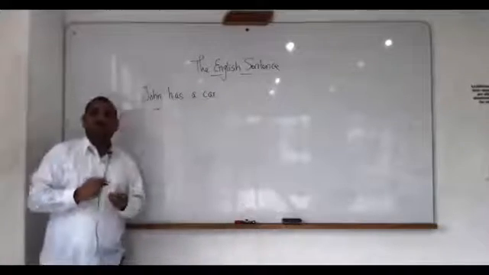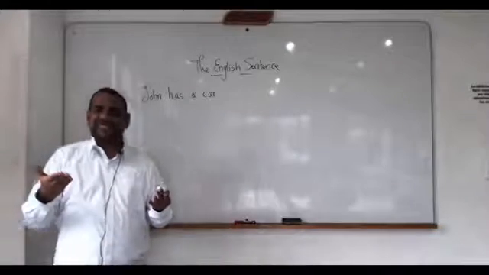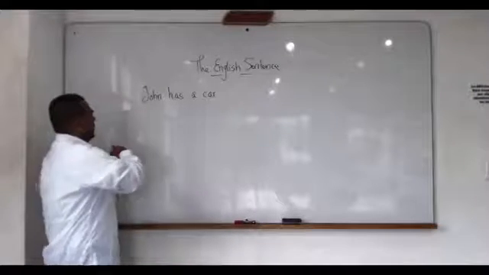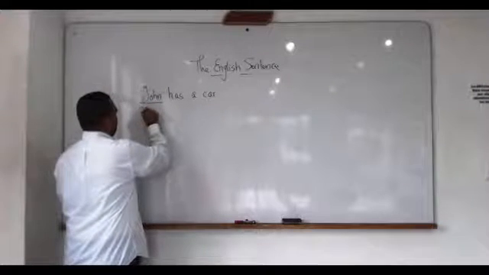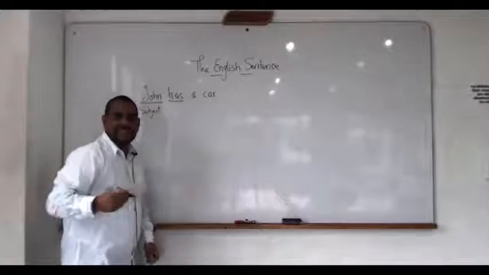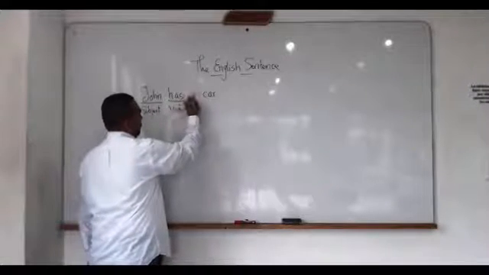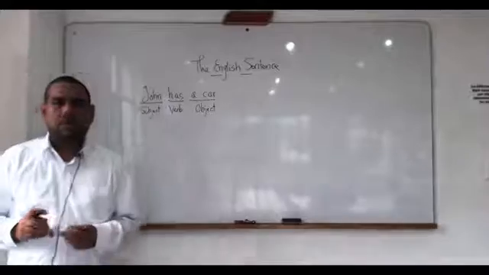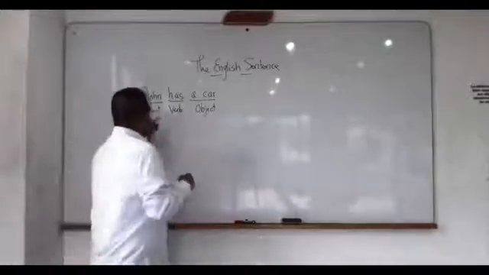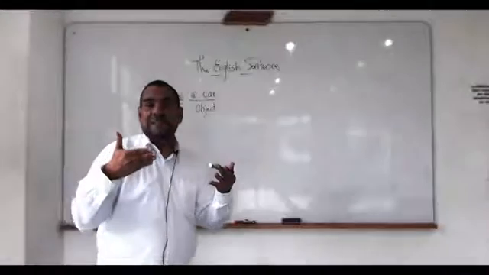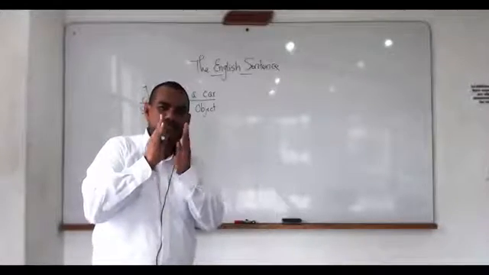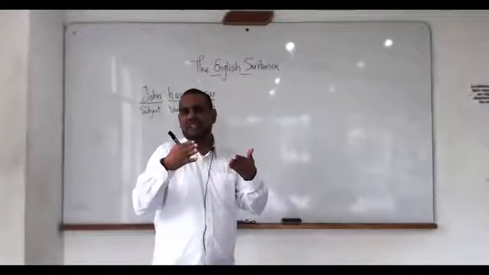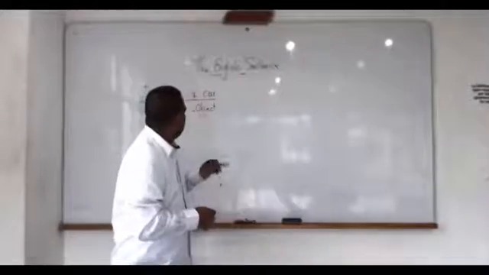Essentially, here we can see what is a sentence in English. John has a car. This is the subject. This is the verb. And this is the object. Okay. Many sentences are going to actually have an object. Other sentences don't have exactly an object, but have other complements that are going to receive some specific names, and we will get to know the names at other times.